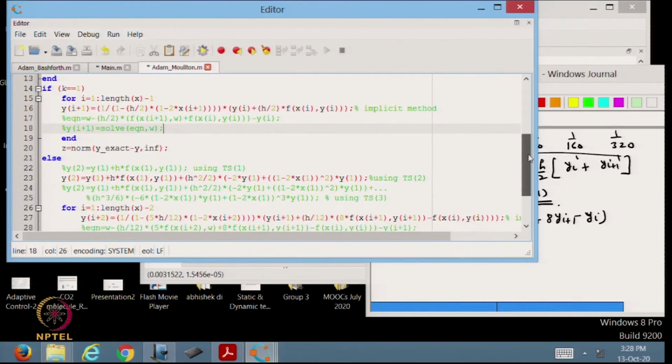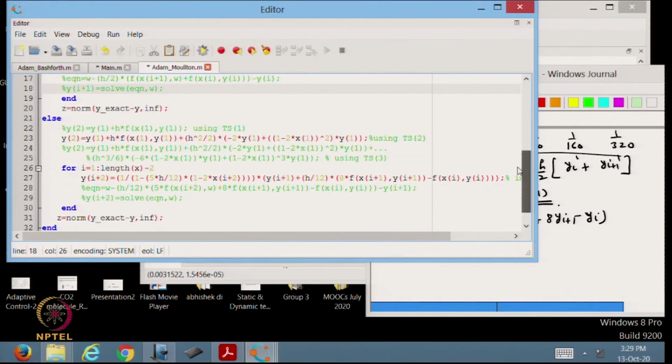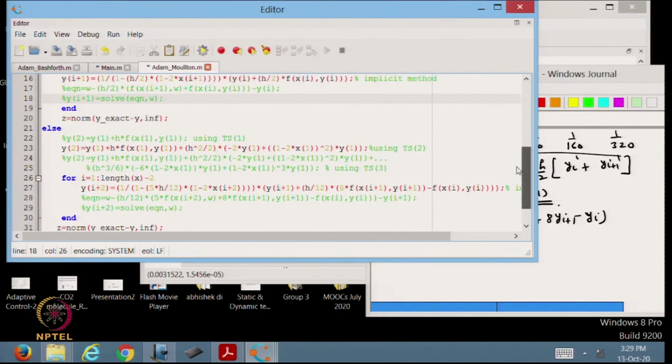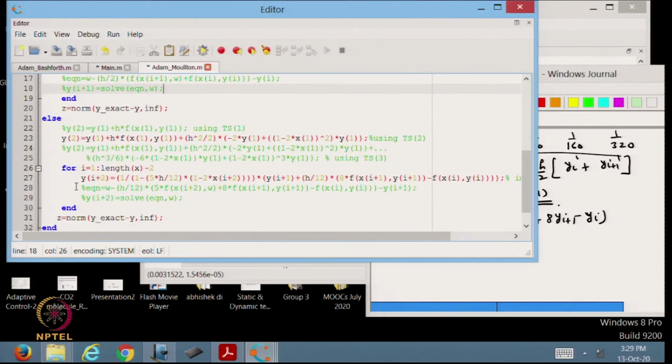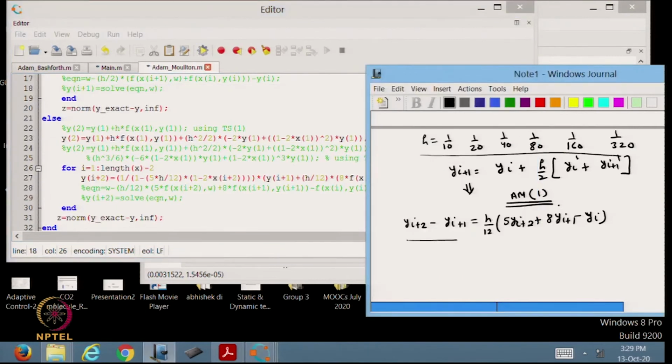Now you can check whether we have implemented the same difference scheme. Again in this case I have implemented two difference schemes, corresponding to k equal to 1 and k equal to 2. If you want to go for a higher order method you can modify these codes. Okay, so y2 is basically this scheme. Again if you observe this method, this involves yi plus 1, yi plus 2. So, this is again not a single step method, this is also a two step method.